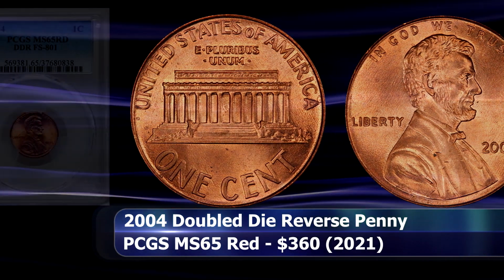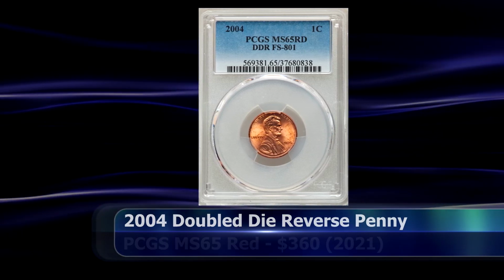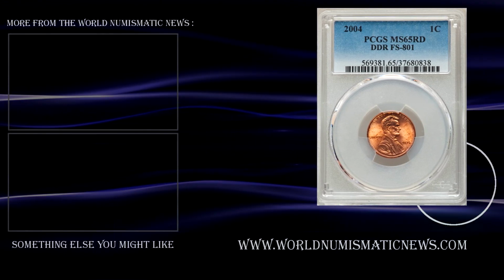In 2021, a coin like this, graded by PCGS as MS65 Red, was sold at auction for